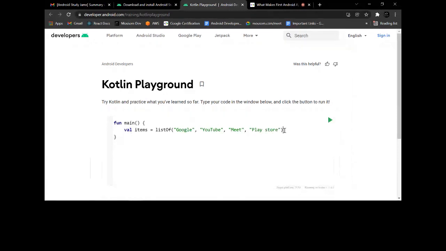Okay, so this is my list, and inside this list there are many items like Google, YouTube, Meet, Play Store.